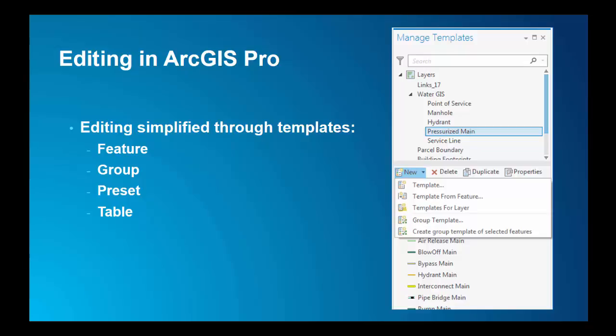Group templates, as the name suggests, are really ideal when working with spatially coincident features or related features from multiple feature classes, like features participating in a water or sewage network, where through a series of primary and component feature templates, features can be generated automatically, thus reducing the time needed to edit individual features. Preset templates